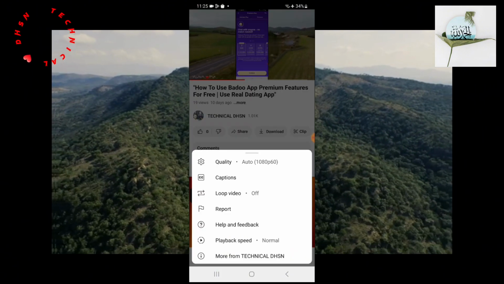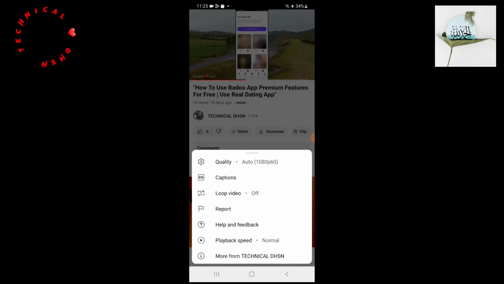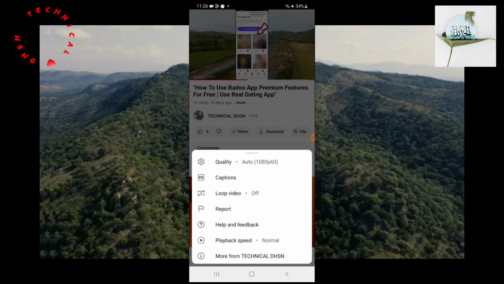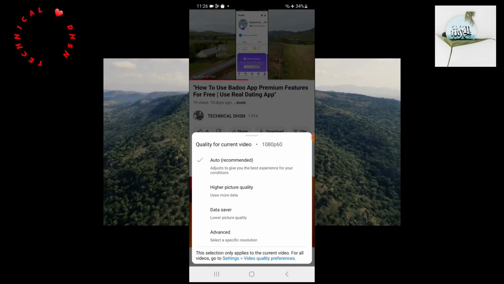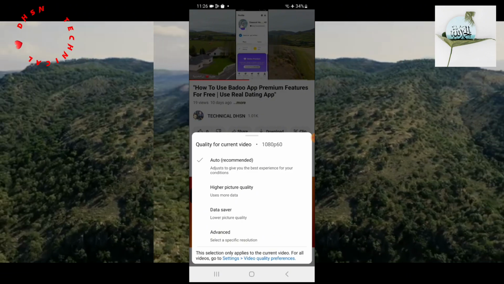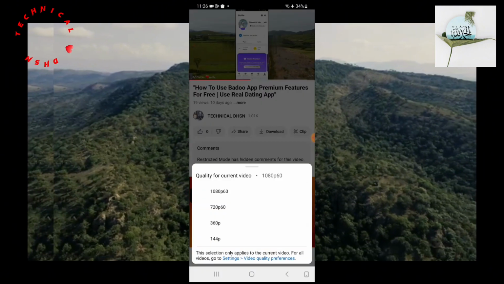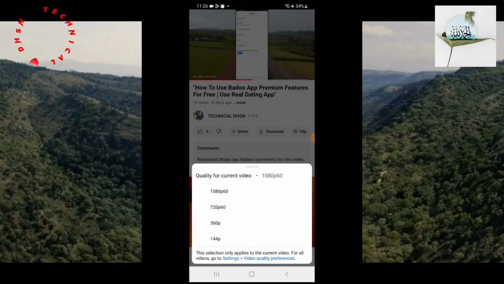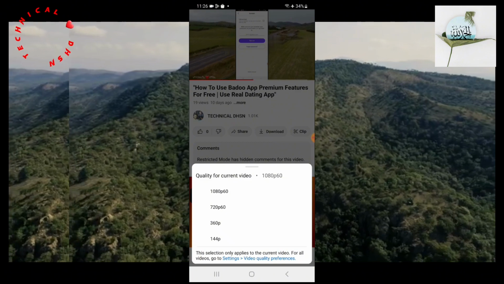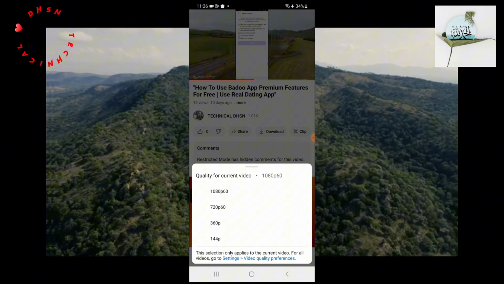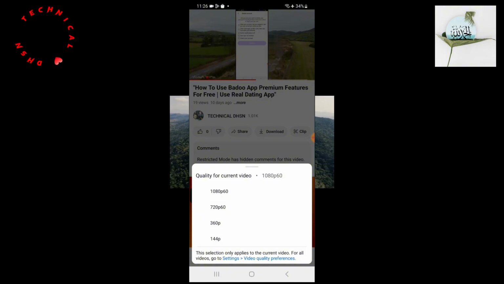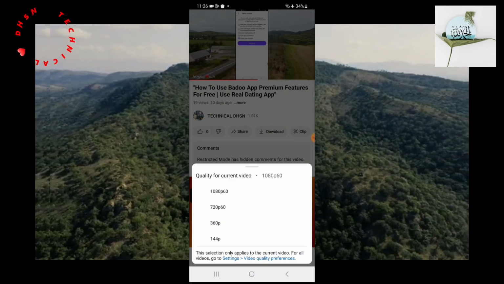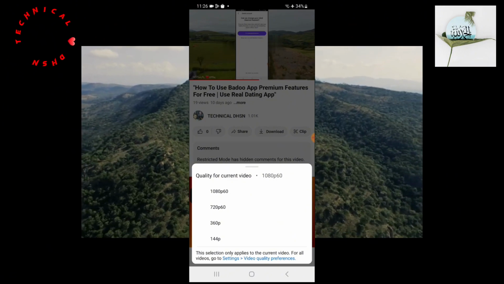If you press on the setting button, so on the first you will see quality, which is auto. If we click on quality, so here you will see some option. You can choose either you want to play in lower pixel your video or you want to play in a higher pixel for best quality. 720 and 1080 are the HD quality, which means the best quality of video, and 360 or lower than 360 are the unclear